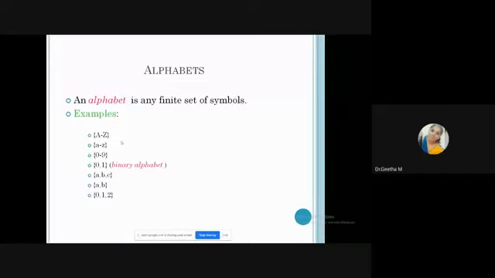So some other examples I have given at the bottom line. A, B, C, it's a 3-character language. Then small a and b, again a kind of binary alphabet. So if you want to denote your symbols, you should use only small letters. Then again, 0, 1, 2 are a 3-letter language.